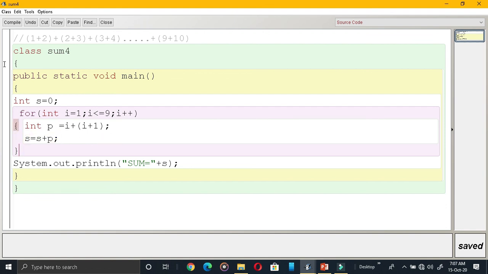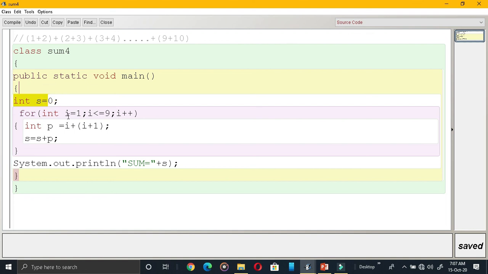That's all. See this, 1 plus 2, 2 plus 3, 3 plus 4, like that up to 9 plus 10 you need to add. Okay, see this, 1, then 2, then 3, then 4. So from the I loop itself I am getting the value. Okay, this is I plus 1. That's all, very simple then. Here there is no need of any input from the user because up to 9 plus 10 I need to do. So some integer type I have taken because there is no calculation like division, nothing.